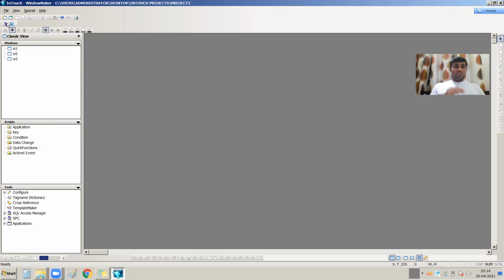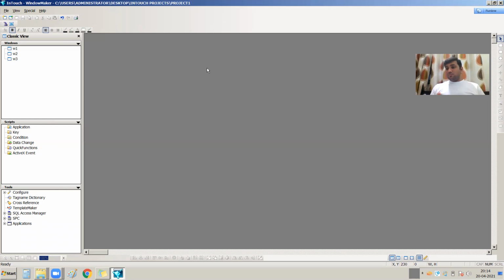Just remember these tools: wizard and smart symbol wizard, sorry, not smart window. These two tools are very useful and very frequently used while developing the project.